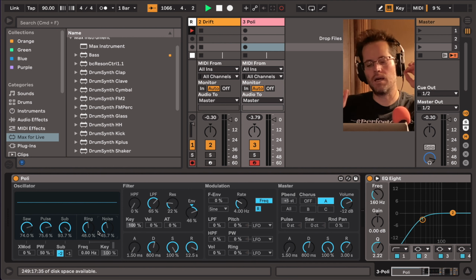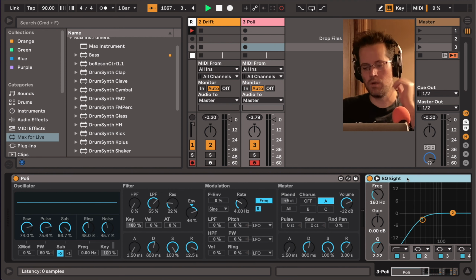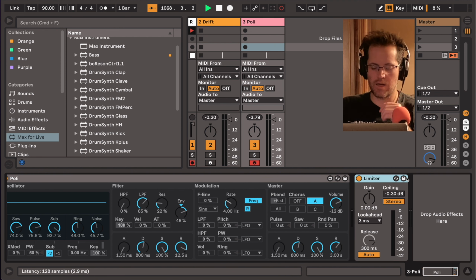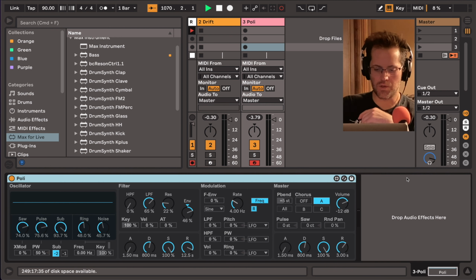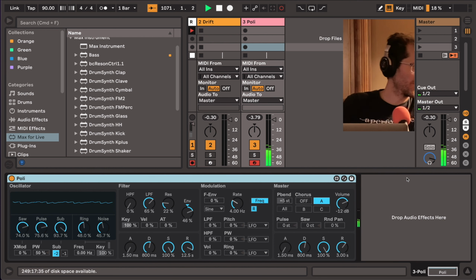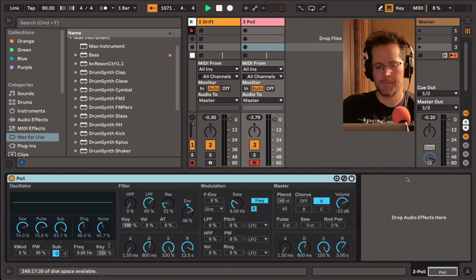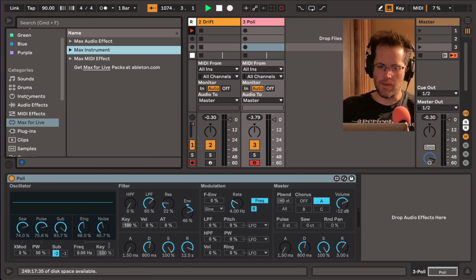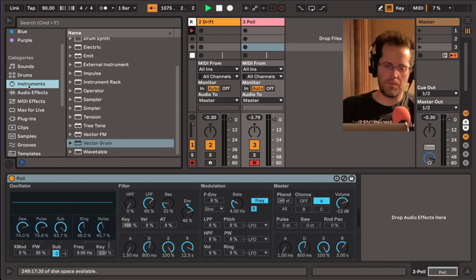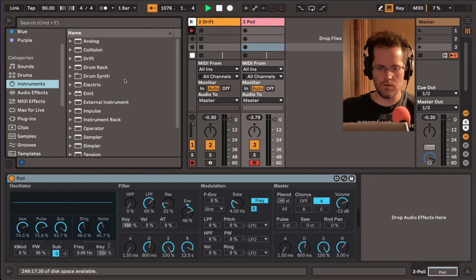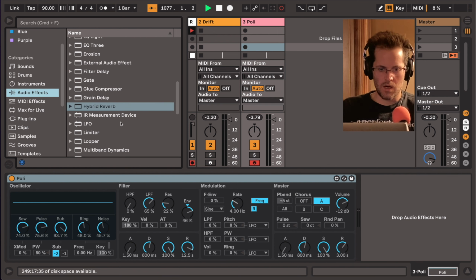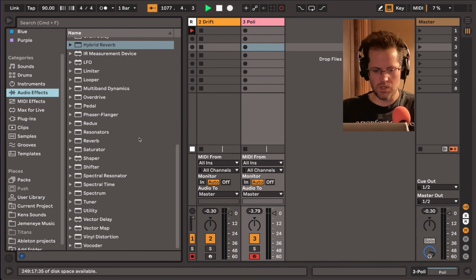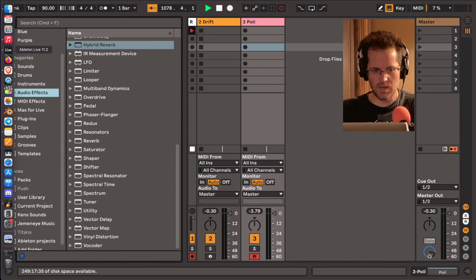Keep in mind, it sounds that good and that wonderful, and there's no devices on here. The EQ wasn't doing anything, the compressor wasn't doing anything, the limiter wasn't doing anything, nothing. Poly is amazing, Drift is amazing, you're all amazing, don't sleep on the Max for Live. I'm so happy that everyone in the entire universe has the Drift. Let's go into audio effects and just see if for any crazy reason